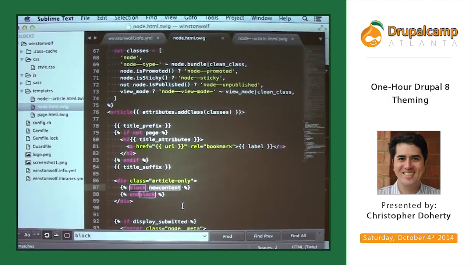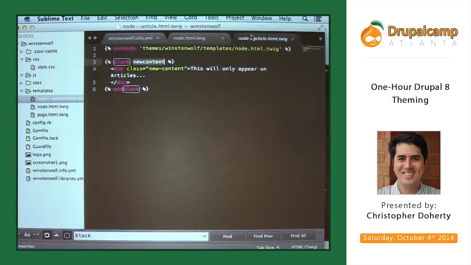So I could put a new patch of code into the template, and I can override just the basic node template. I can inject anything I want directly into that.